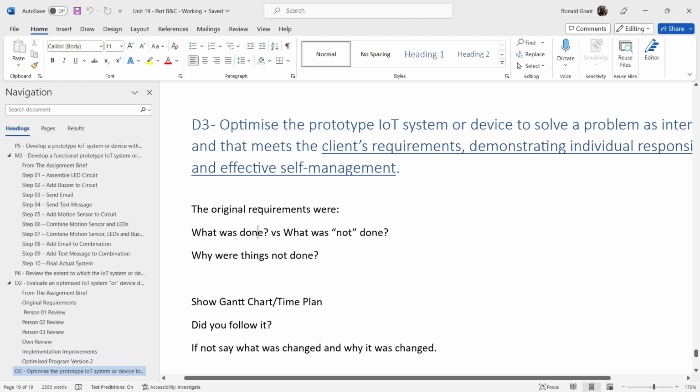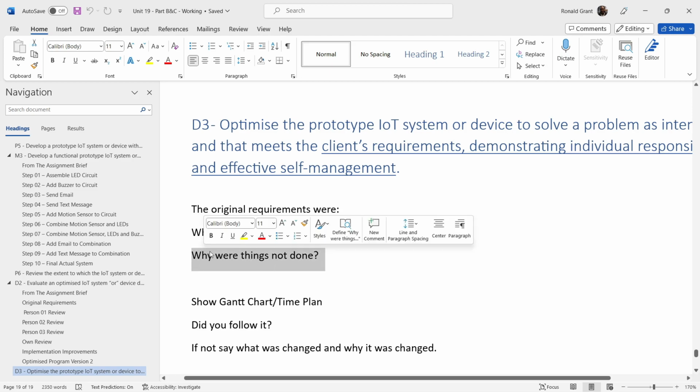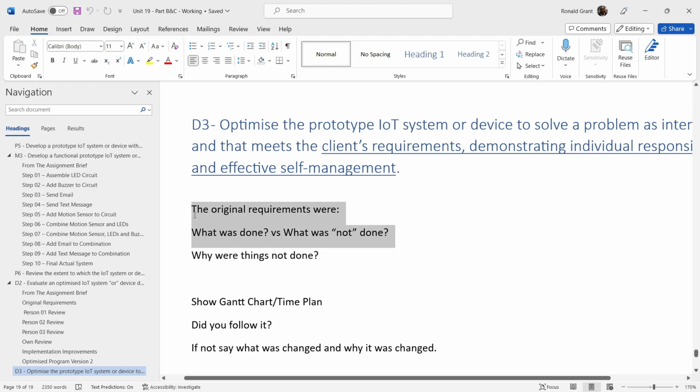The original requirements were, so you make a list of what they were. Again, I know we keep going over this again and again. What was done, what was not done, why were things not done? This is the main section here. Even though we're revisiting these two sections, the main thing we need to try and explain here is why